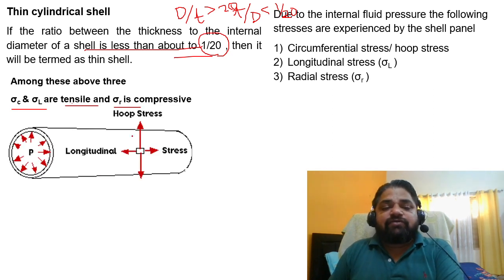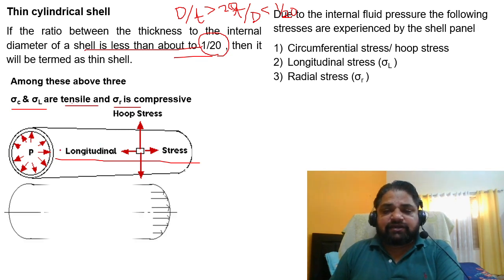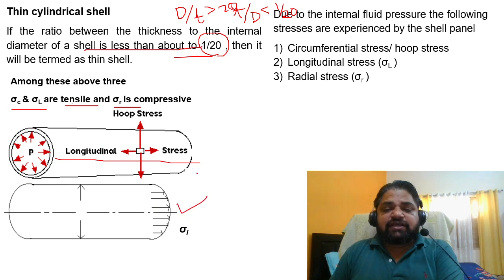For the case I just talked about, if I take the whole cylinder like this and take out a piece of it, the longitudinal forces will create stresses along this length, or stresses on the circumference, or stresses due to the internal radial direction. So this is the length case. This is a combination of all the cases.